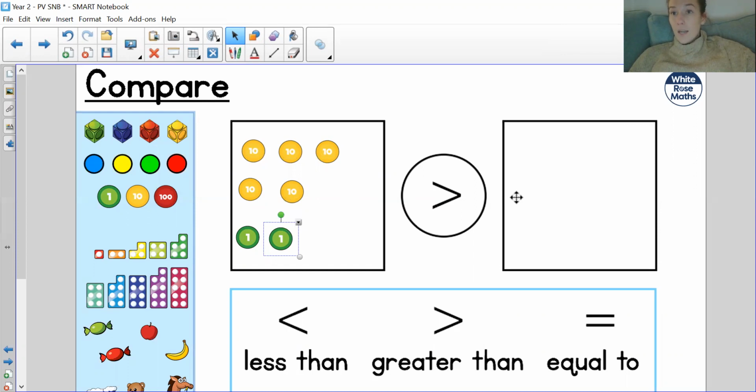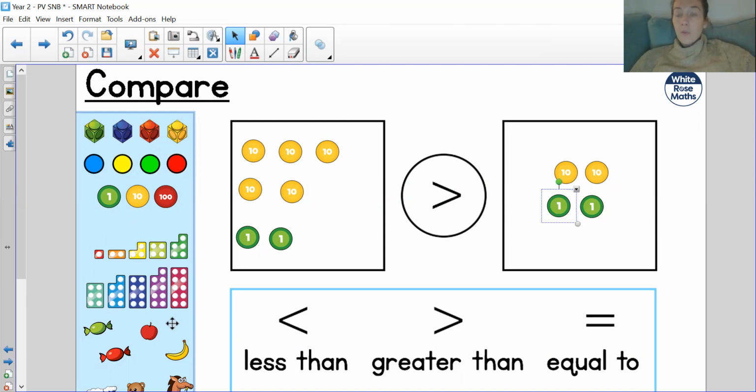So are you going to need then a number that is greater than or less than 52? Obviously the crocodile mouth is open at the 52, so you're going to need a smaller number. So you could literally do any number that is smaller than 52. So I'm going to do this number, which is 10, 20, 21, 22. Okie doke. So we've quickly there gone over our representations in different resources that we use, and we've recapped yesterday's